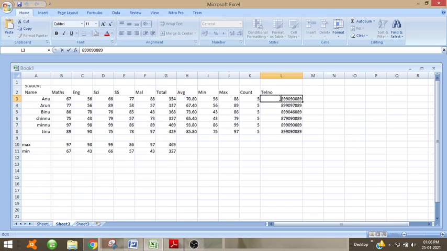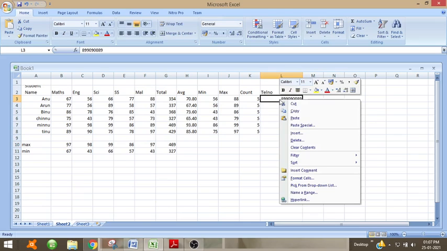So if we add here 0, you can see the text disappears because when we enter a digit, it will be automatically of number type. It will be considered as number type. So in a number type, 0 has no value when it is stored on the first position. So you can see when I put 0 here and I press enter, then the 0 disappears.